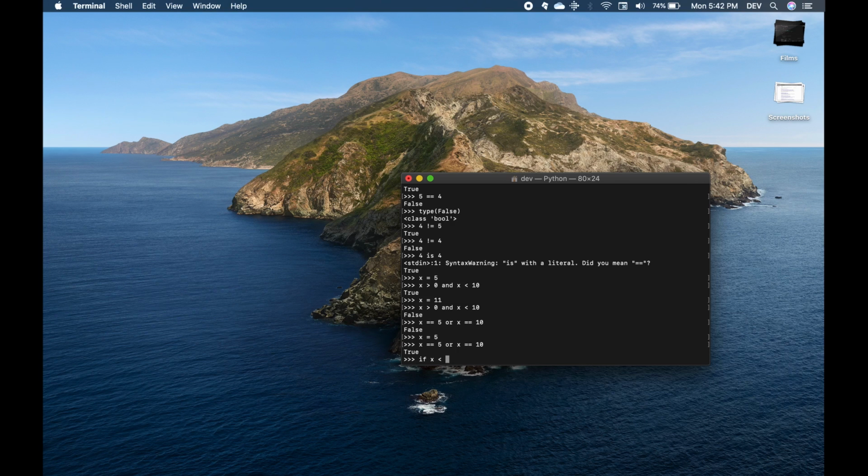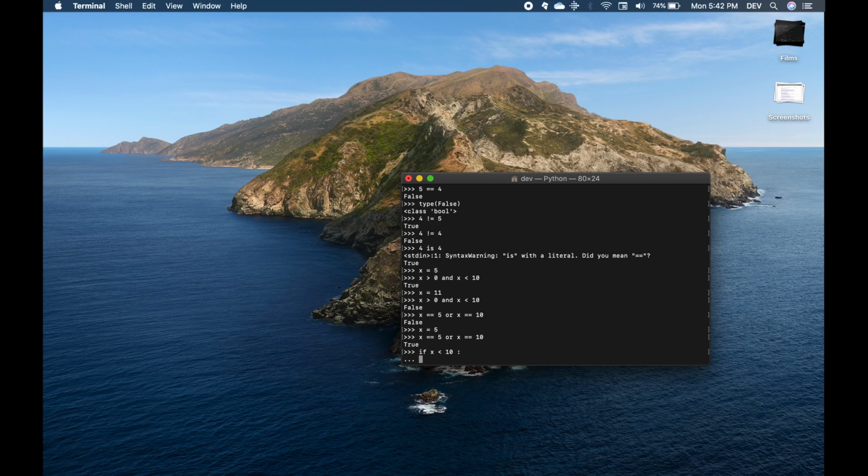If x is less than 10, and here this symbol is used for saying that we had started a loop, like the loop has begun. And now you can see this symbol shows us that the loop has begun. So now here we'll type in the statement which we want inside the loop. So that would be